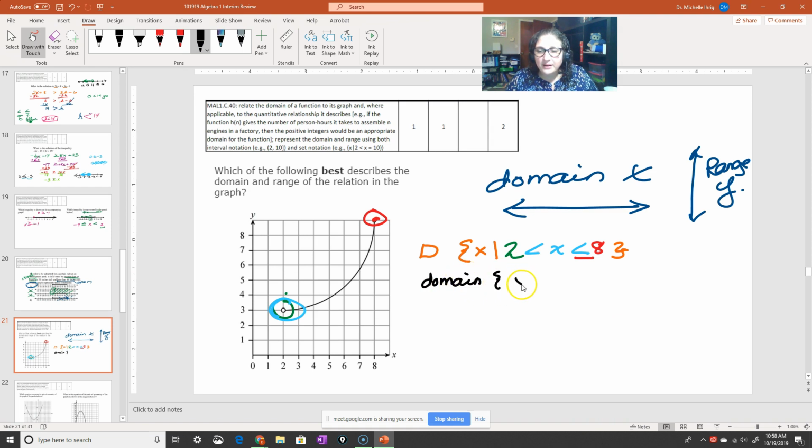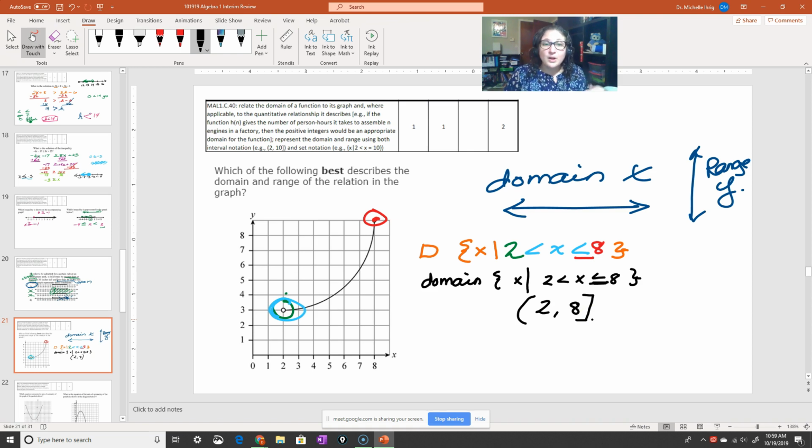Here's my lovely bracket. I've got my x and my bar for set notation, and I'm left with 2, x, 8, and closed my set notation. That's set notation. The other notation is called interval notation, which is way easier. All we do is write our 2 and our 8. Because there is no equal sign there, I'm going to write a curved parenthesis. Because this says a straight line, I have to make mine a hard bracket. So it's curved parenthesis, hard bracket, like that.